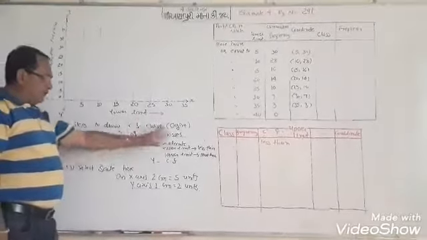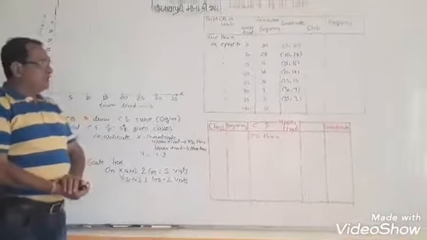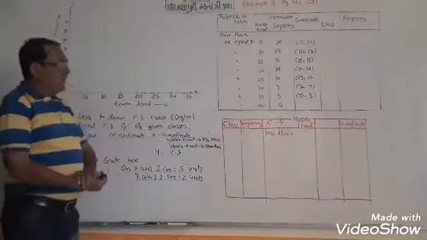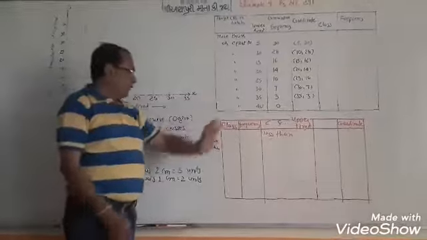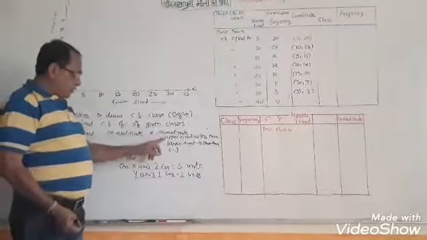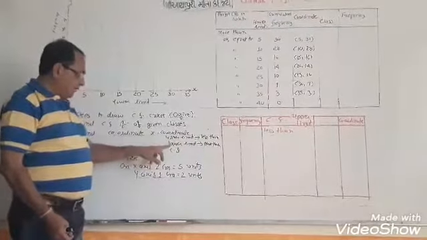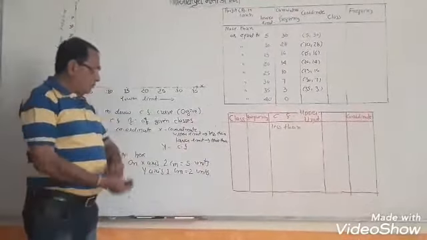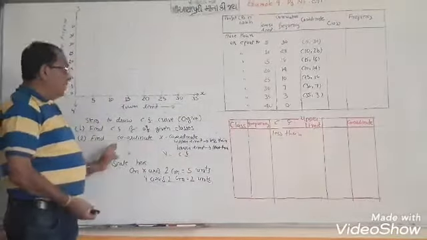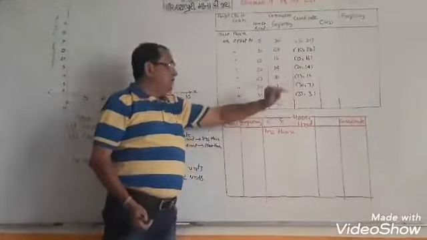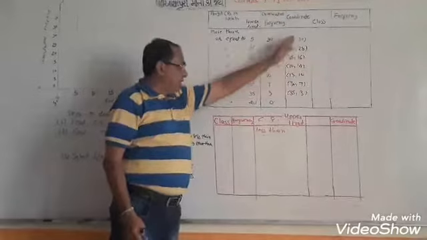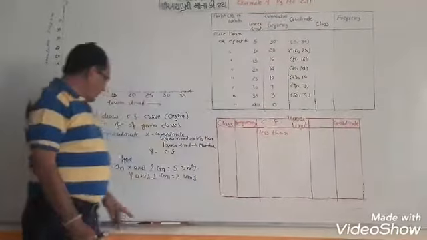Find the cumulative frequency of the given chart. If you are given a simple, normal distribution, then first of all find the cumulative frequency. Here it is already given. Then x coordinate: upper limit for less than type, lower limit for more than type. On the y-axis, cumulative frequency. So find the coordinates. We have already found these: (5, 30), (10, 28), (15, 16), (20, 4), like this.